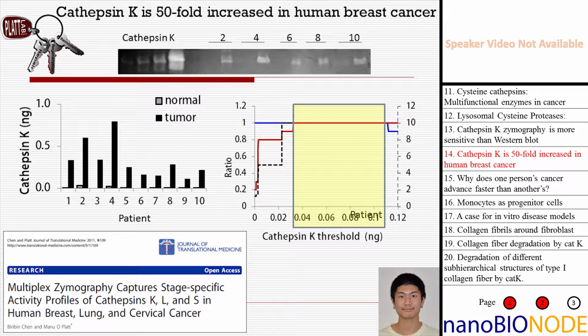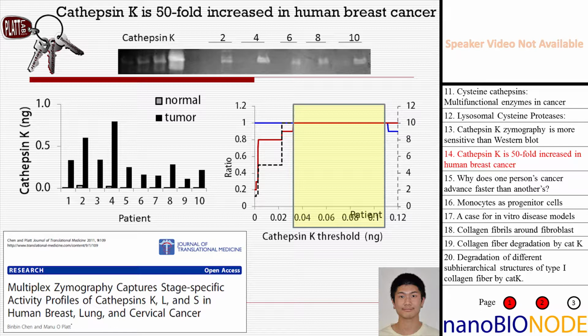So we said, well, let's test our new zymography protocol out with actual human breast tissue samples. So we actually purchased some breast tissue samples, patient matched, so the same woman: normal, tumor, normal, tumor, normal, tumor. And this is what I was saying, it's off in the normal tissue, right? And on in the tumor. And cathepsin K is the one at the top, which actually had the greatest change, with a 50-fold increase in